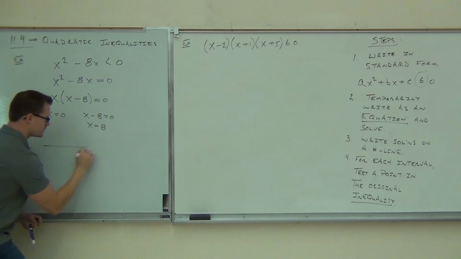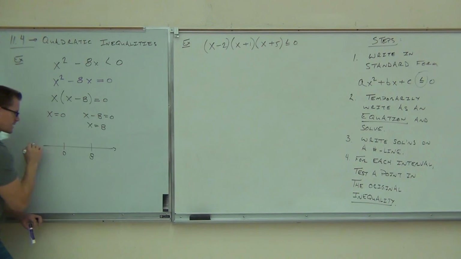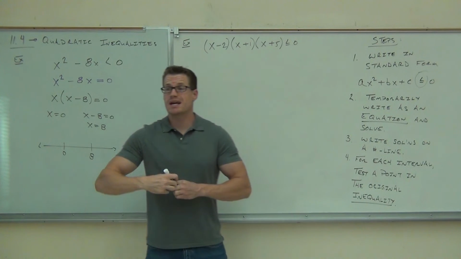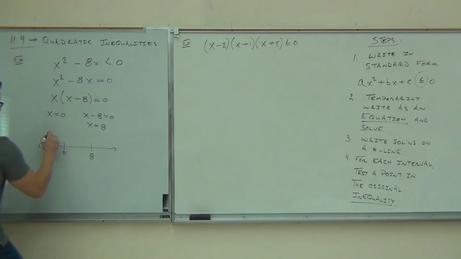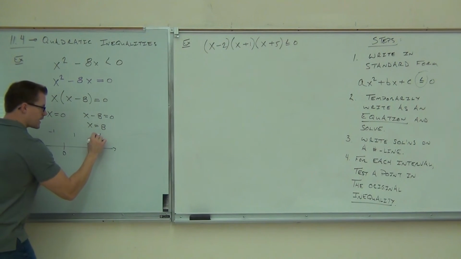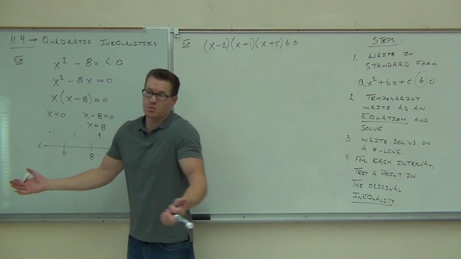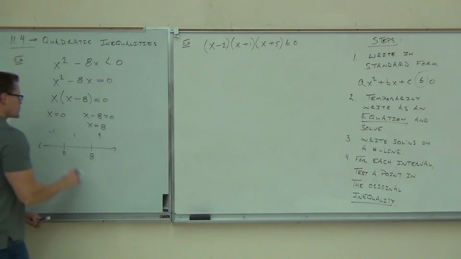So on our number line, 0 comes first, 8 comes second. We're going to have 3 intervals to check. Of course, we can't check 0, but you can check -1, 1, and 9. Those would probably be the numbers that you check too, yeah? Those are the easiest ones to check in this case. If you check -1,